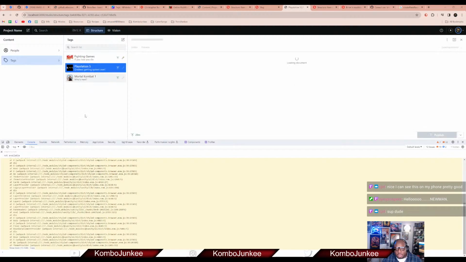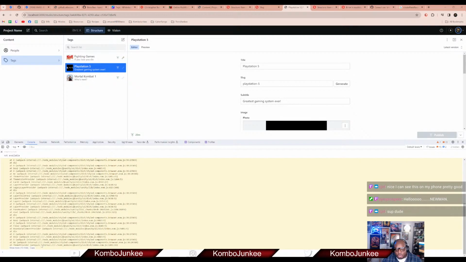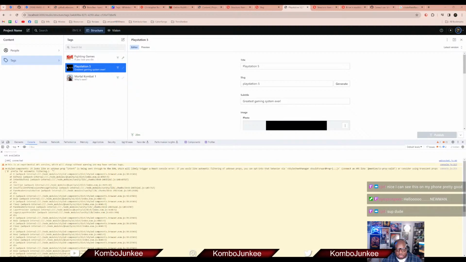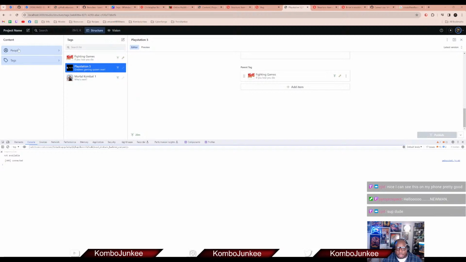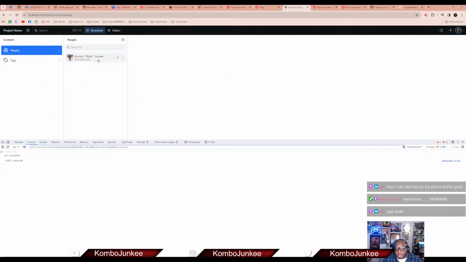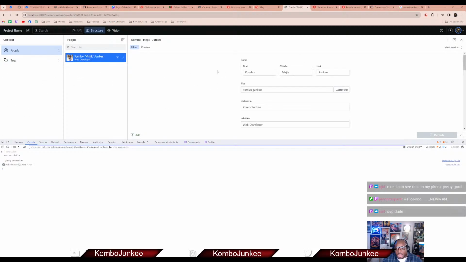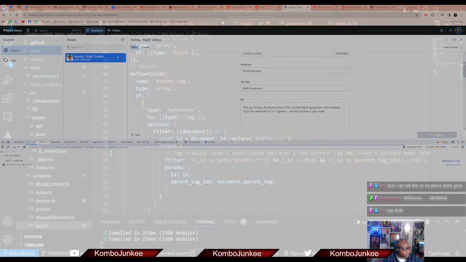So if I click this PlayStation 5, no errors show up, just this warning, which I'm going to silence actually. I'm going to hide this specific message. I think it's moot, but we can see that's working as we would expect. Now if I click on people, instead of it just spinning, I get the person and we get our name here. If I go update the code, so going back to the IDE,